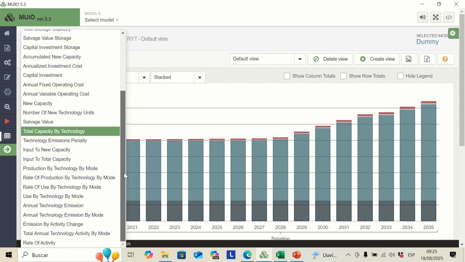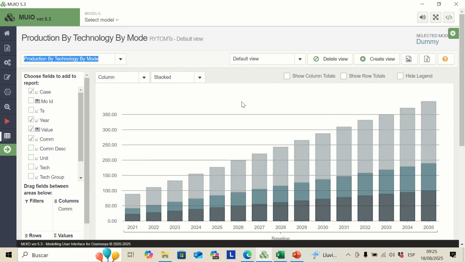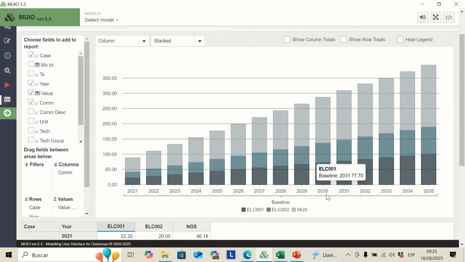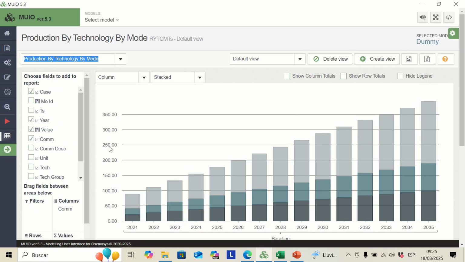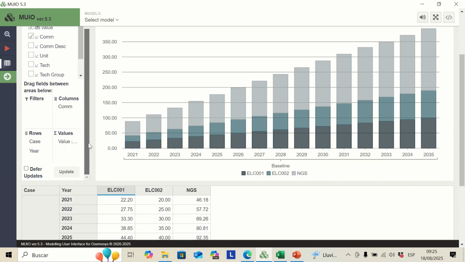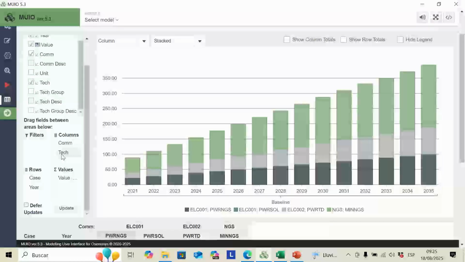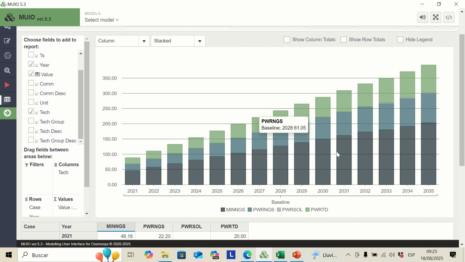Also, in terms of production, you can go here. Notice that here we can see this per commodity, but you can also play with this, which is more or less the same as a pivot table. So here in columns we have commodity, but we can also have technology. You just click to select this and move it here, right? And now you will have commodity and technology. If you want to deactivate, you just need to click here,